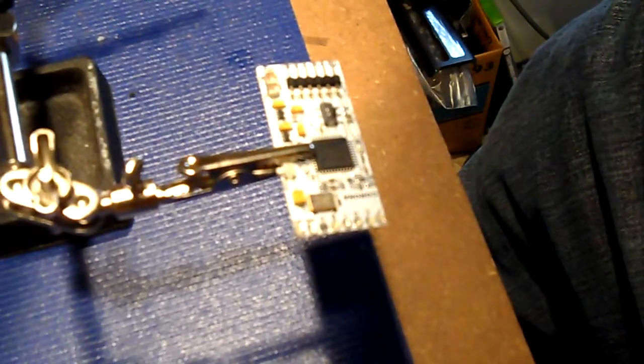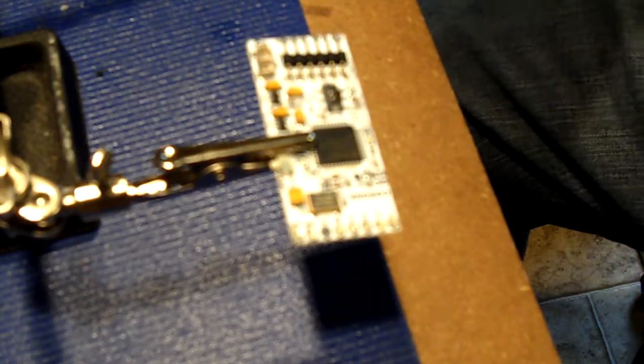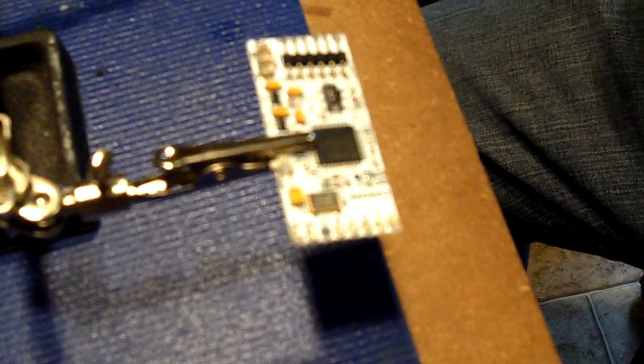Okay, so we're going to leave the motherboard right there. I'm going to position this so we're able to see what the heck we're doing here. And then I'm going to take the camera and put it so you're able to see this. And I know the focus is not the greatest in the world, and I'm sorry about that, but I'm doing the best that I can with what I've got. Alright, now,